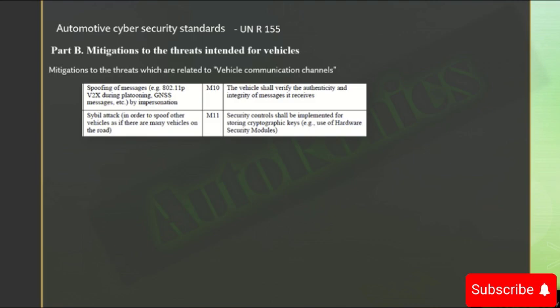Then the Sybil attack, in order to spoof other vehicles as if there are many vehicles on the road. The mitigation is that security controls shall be implemented for storing cryptographic keys, for example, the use of hardware security modules. We can discuss this in detail in the next sessions, but these are all the higher level mitigations the